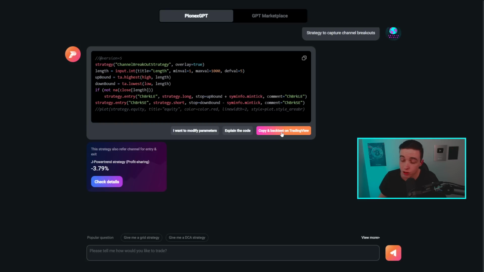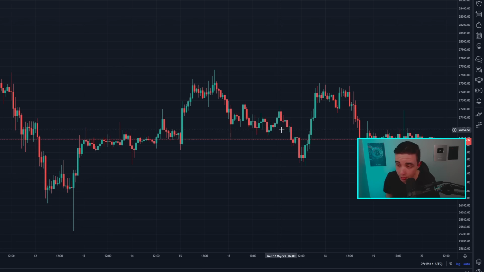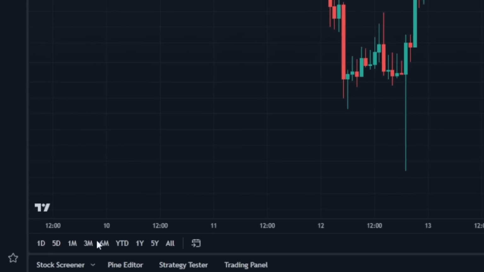So that's why you need a TradingView account. And so if you click this button right here, it takes you over to TradingView over on a new tab. And what you need to do is, first of all, select the crypto that you want to trade. So for example, Bitcoin right here. Also select the time frame that you want to trade on. For example, this right here is on the 1 hour time frame, and then navigate towards the bottom of your